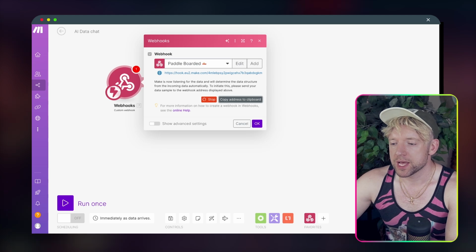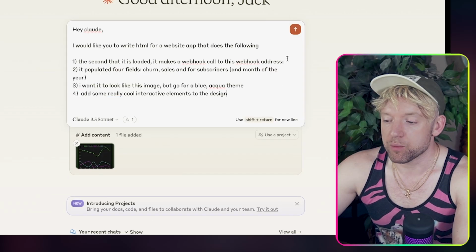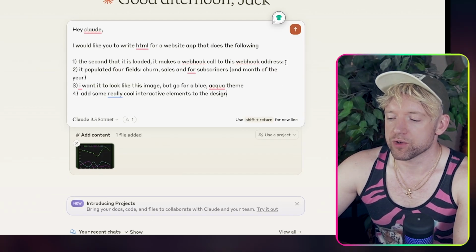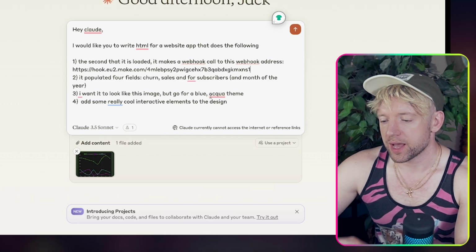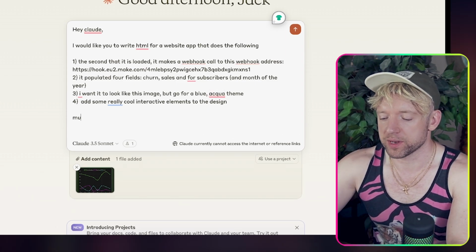So we copy this clipboard. What do we do then? We head back over to Claude, and we now give it the webhook address, all right? So let's go, boom, there we go. And then we say, okay, the other thing is, it must be in HTML,